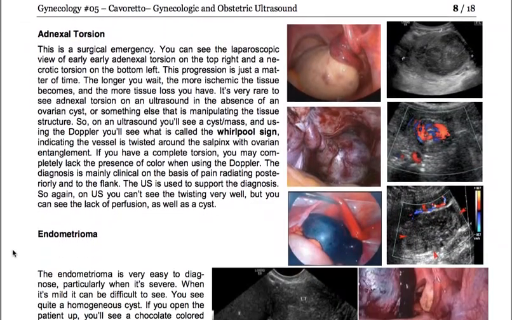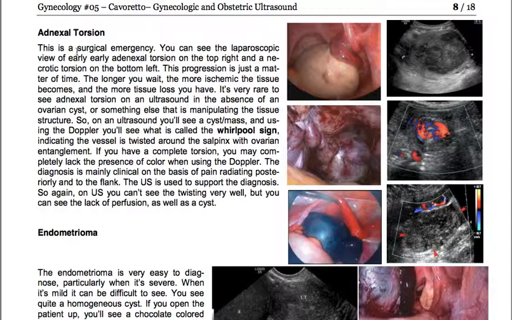You can have also adnexal torsion, a surgical emergency. You can see the laparoscopic view of the early adnexal torsion on the top right and a necrotic torsion on the bottom left. This progression is just a matter of time. The longer you wait, the more ischemic the tissue becomes and the more tissue loss you have. It's very rare